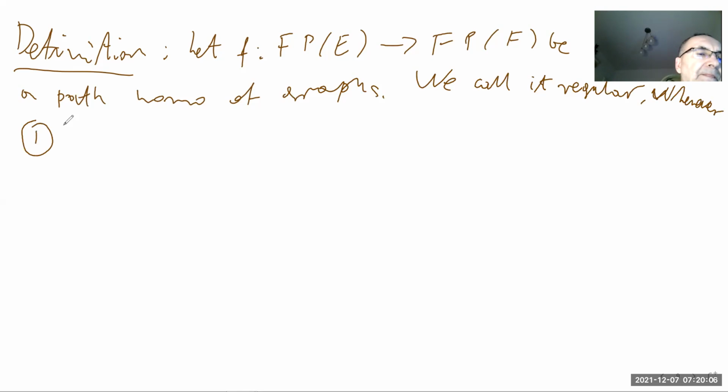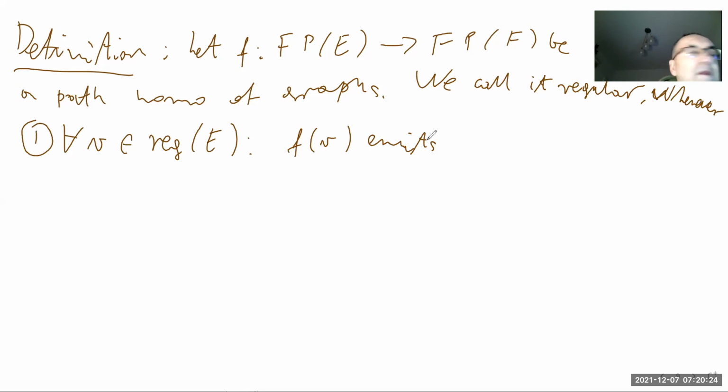So for any v, which is a regular vertex in E, the vertex f of v emits as many paths as there are edges emitted by v, but not exactly, at least as many. So at least as many as the number of edges emitted at v,